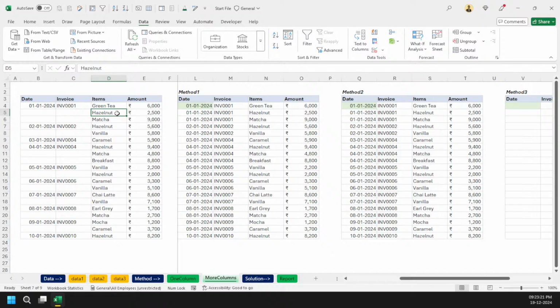If you have multiple items they will spill, but they provide the invoice details, date and invoice number again and again. It is a classic normal scenario when we are working on this type of data set. So you can actually use this trick.